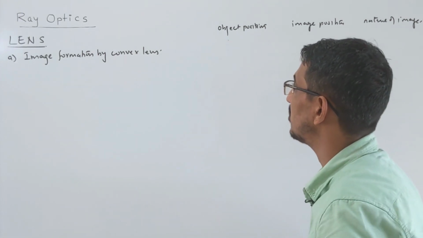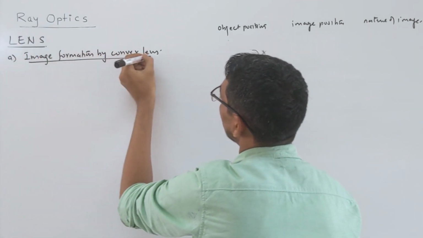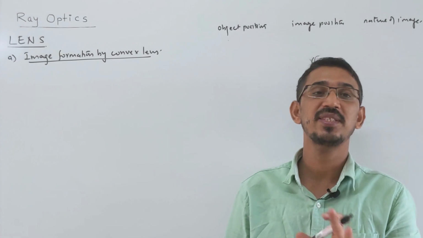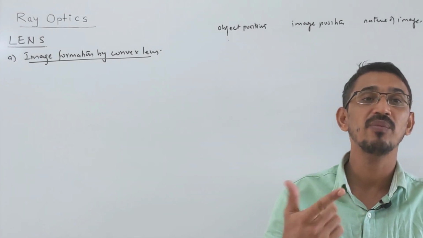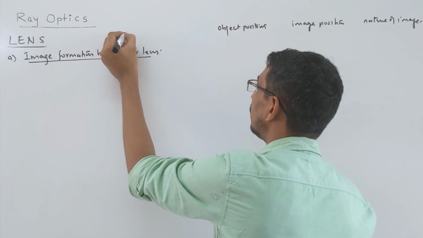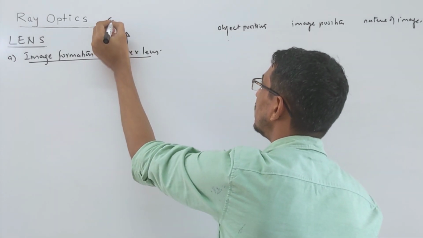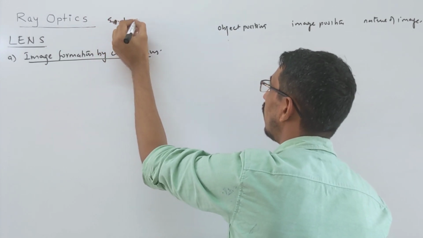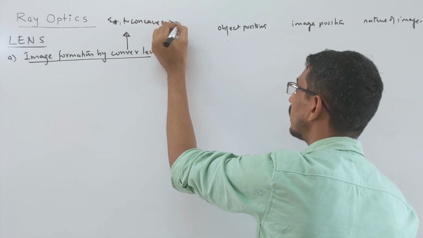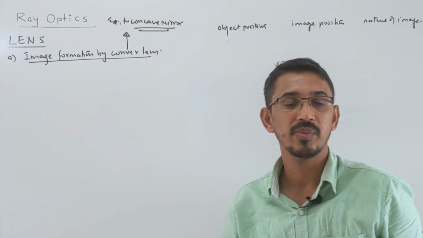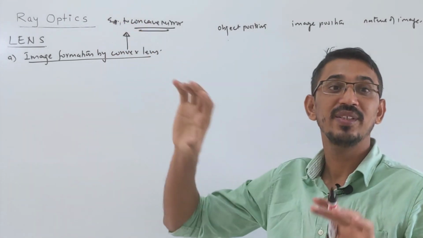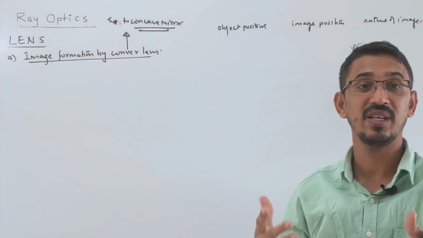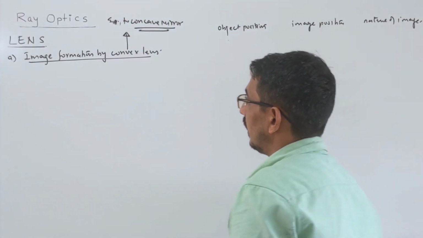Okay, so we're doing image formation by the convex lens first. For all the cases we talk about with the convex lens, all types of images, real or virtual, will be exactly similar to what you have done for the concave mirror. So remember, if you're confused, this is what it's equivalent to. All images and ray diagrams will be equivalent to the concave mirror. The lenses are not equivalent, but the ray diagrams, like the answers of these, will be exactly similar to that. And magnification also.